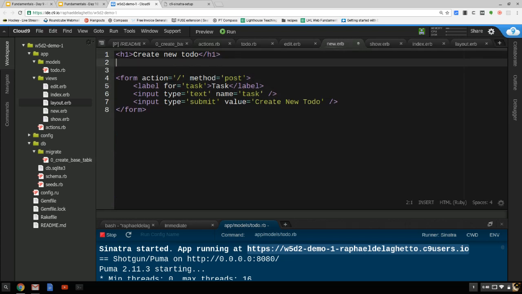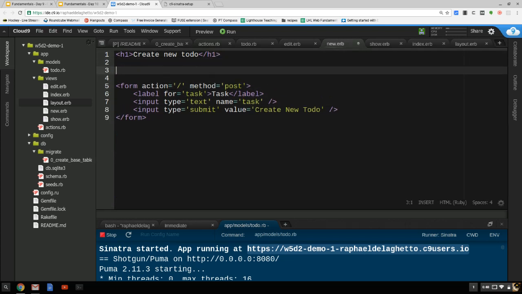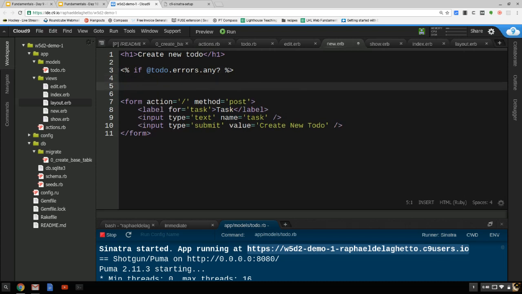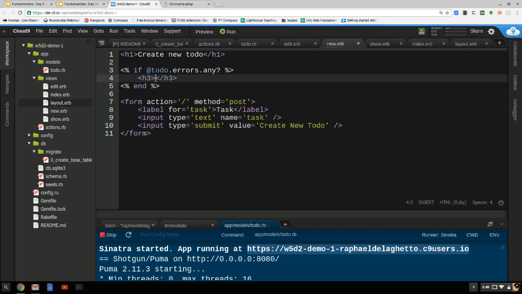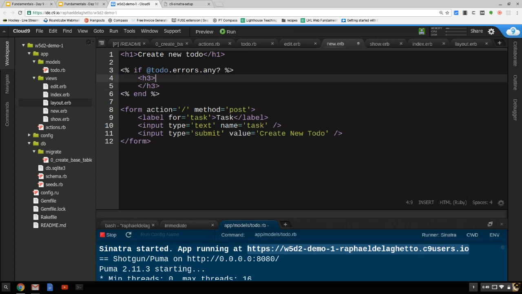What I want is, if there are any errors, I've got to make a check. So let's say if todo.errors.any, that's a nice handy Ruby-type method. End. Okay. So how did we do this last day, Nick? Sorry to interrupt you. What was it? Full messages that we had to iterate over? I need the errors first. It was, okay, so it was something like,